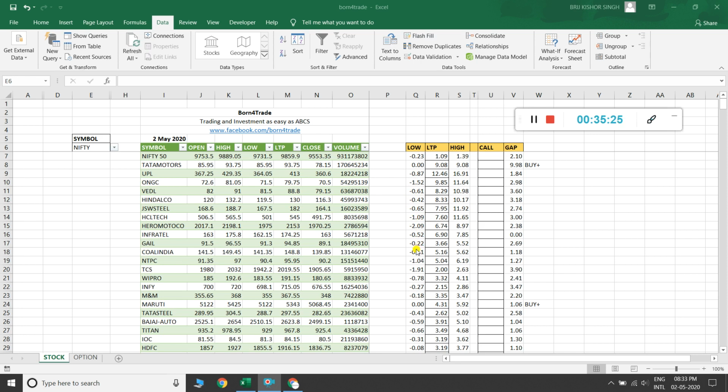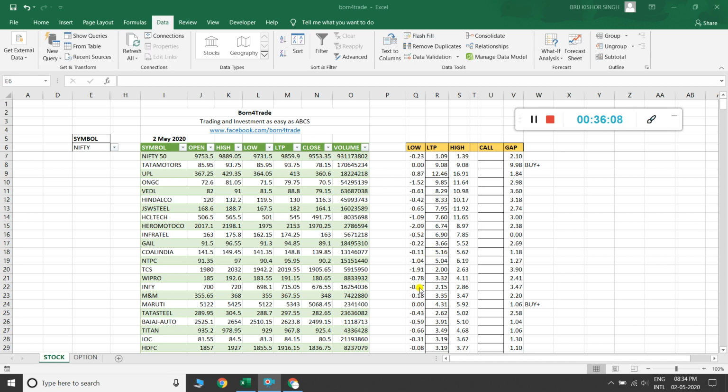Because I will explain it here. You can see 0.22, it means less than 0.4. Then here you can see this stock made a 5.52% high and is currently maintaining 3.66%. Another one here is less than 0.4, that is 0.11, and it made a high of 5.62% and is currently staying at 5.61%.